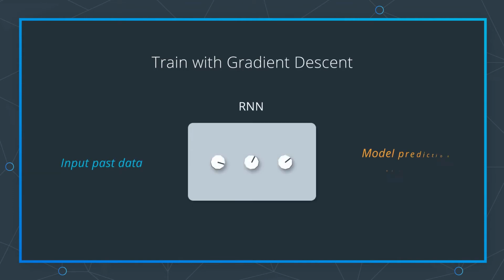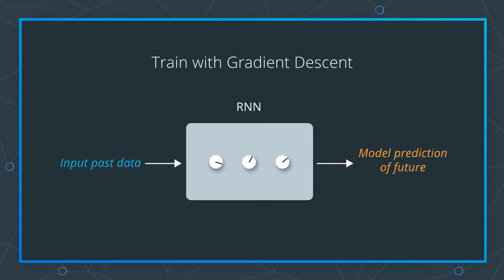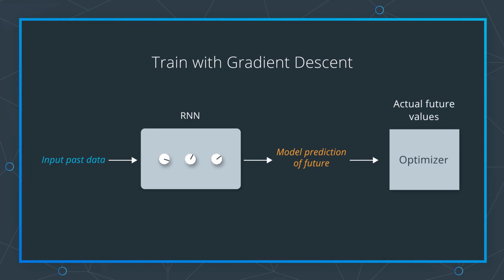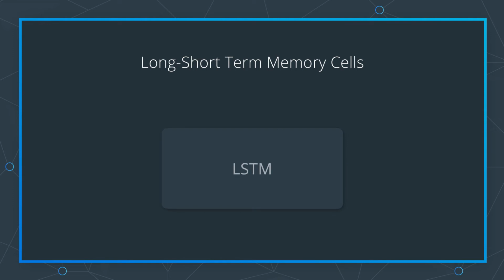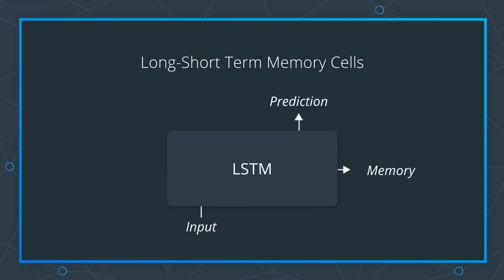To train a recurrent neural network, you feed it lots of data from the past. Then you see how well it predicts data from the future using a process called gradient descent to adjust the coefficients in the network. One commonly used version of recurrent neural network is made up of one or more long short-term memory cells. The long short-term memory cell, or LSTM cell, consists of several neural networks, each that perform a